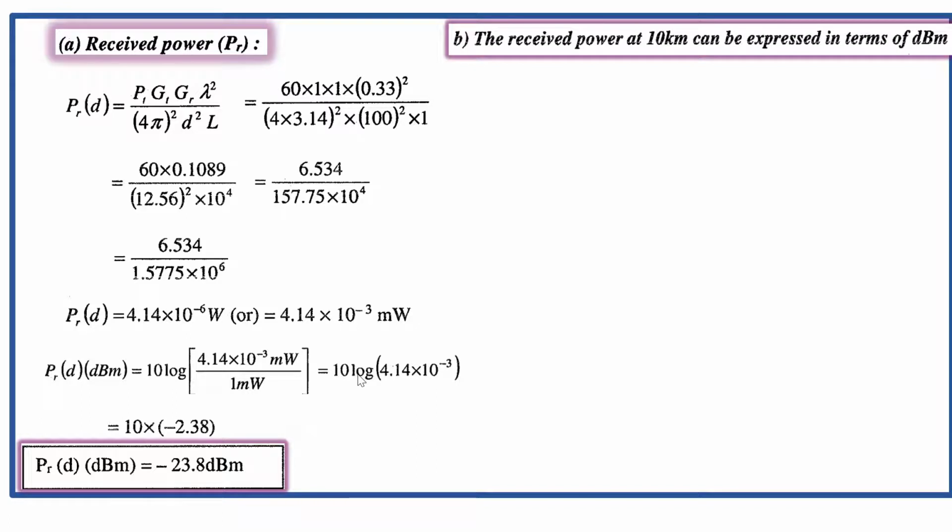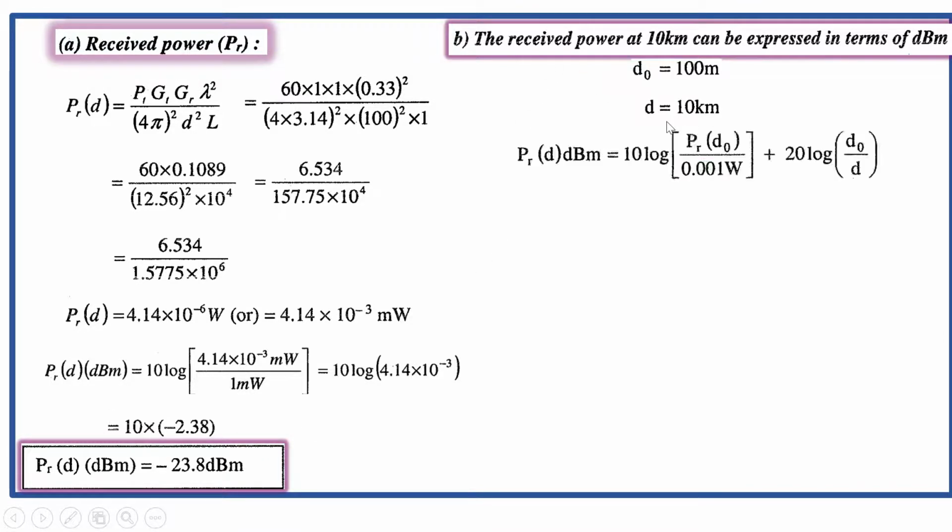Next, what is the question? They asked you to find the received power at 10 kilometer and to express it in decibels. So I get the reference. My earlier reference was 100 meter and now they are telling you to go for a distance of 10 kilometer. The formula which we used, I have already taught you in the free space propagation model, using the Fraunhofer distance. Your received power formula goes like this. So d naught is 100 and d is 10 kilometer. Use all these and put them in the formula. I'm getting it like this.